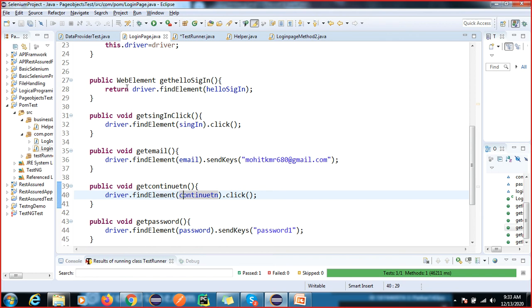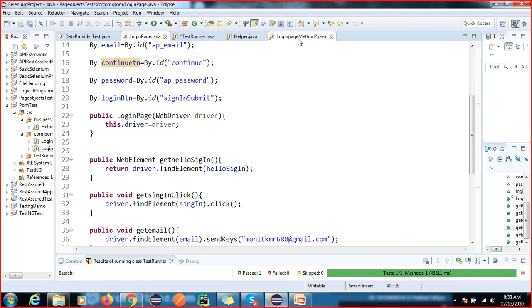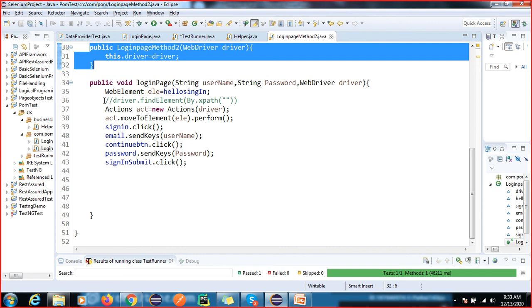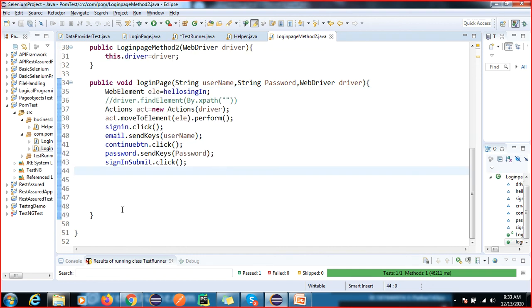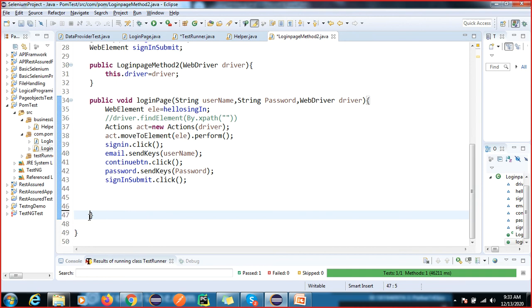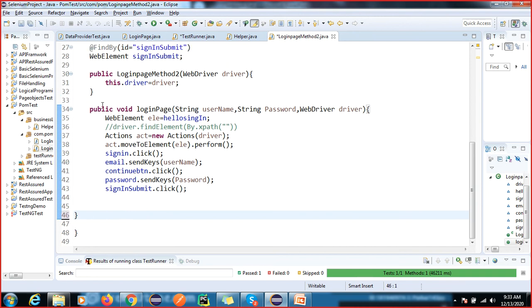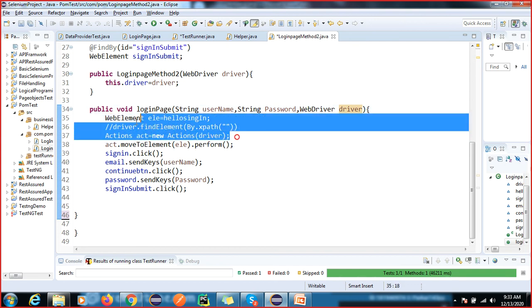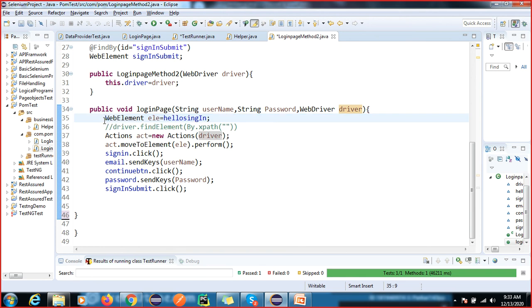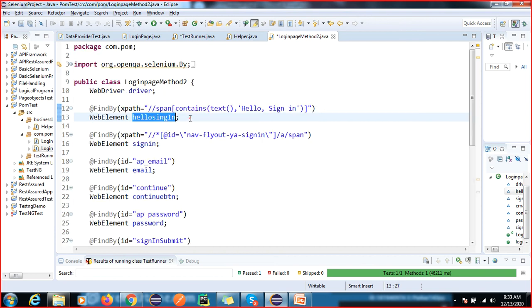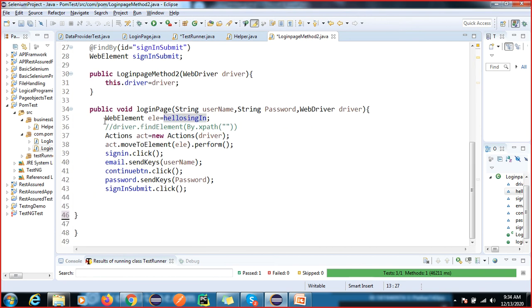I have created multiple methods here, but you can create multiple methods here also, no problem at all. But what I did here, within one method I have developed all the functionality. I have created one method passing the username, password, and driver. Again, performing the operation for your page object model, right? Sorry, mouse over event. Got it, right? So this is your element capture, returning the web element.